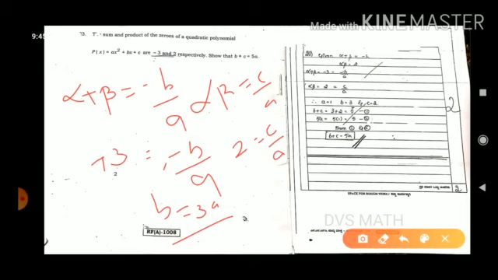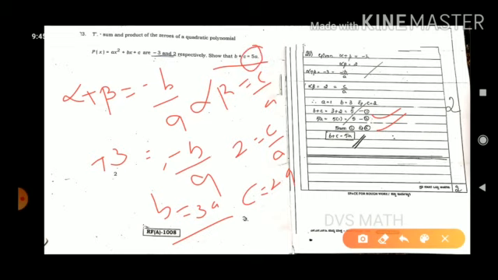So by observing this, b plus c equals 5 or 5a. So by taking these two equations, you can substitute here b plus c and 5a, substituting. So c value and b value. So here c is equal to 2a. So what happens? b plus c, 3a plus 2a, it is 5a, which is our LHS.